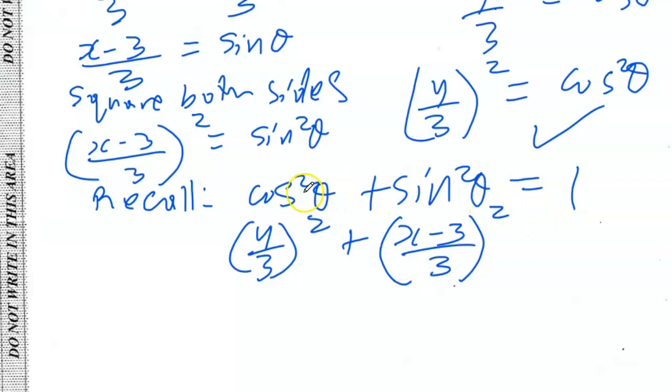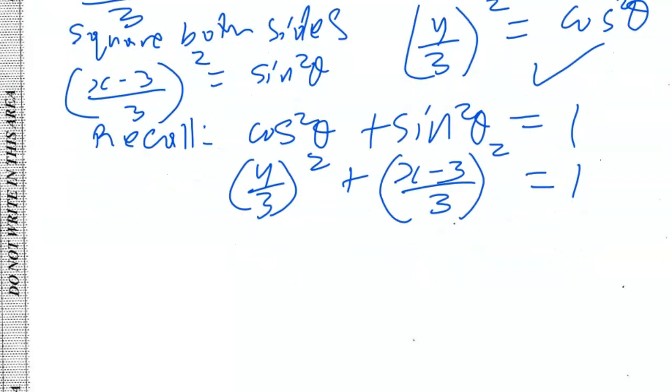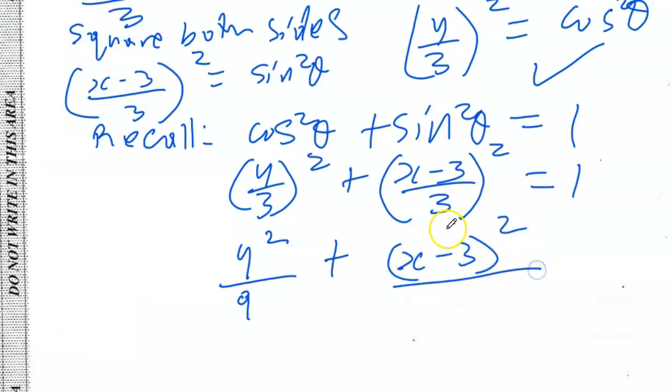And so cos squared plus sine squared equal to 1. So it's just basic substitution. When squaring a fraction, we square numerator and denominator. So squaring y over 3, we get y squared upon 3 squared, which is 9. And squaring the numerator, (x minus 3) all squared upon 3 squared again, which is 9,